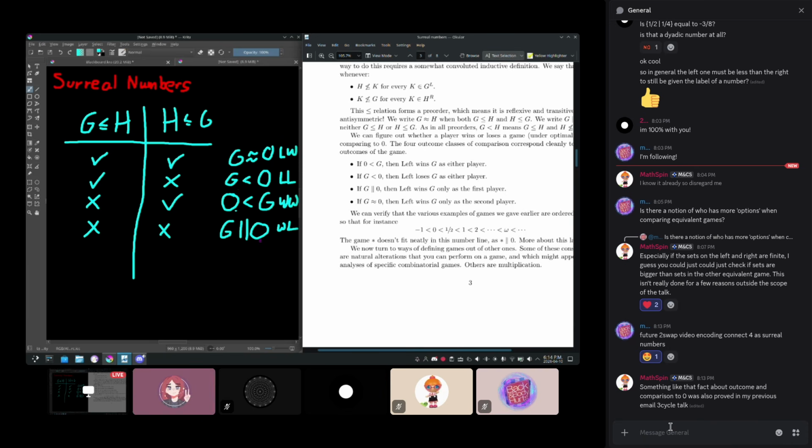With star, well, star is actually going to be in this outcome box down here, right? You can prove that neither star is less or equal to 0, and also 0 is not less or equal to star. And so it lands in this outcome box, and as we saw, star was in fact won by left as the first player, but they lost as the second one. So at least this framework suggests that this sort of comparison makes some sort of sense.